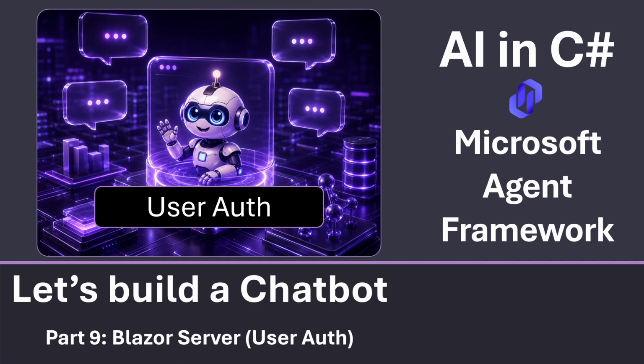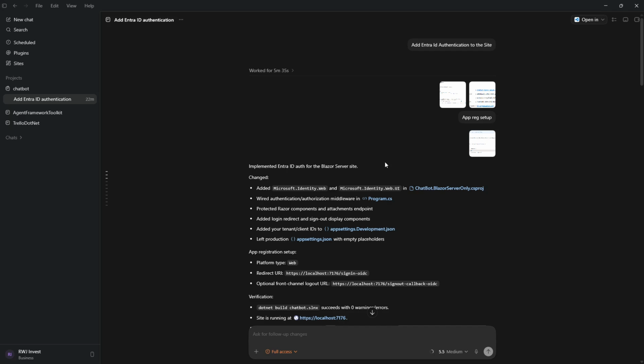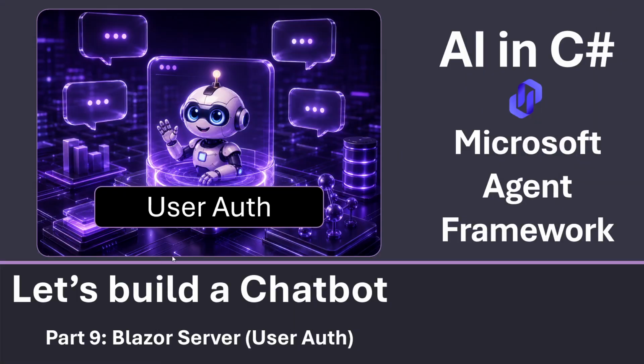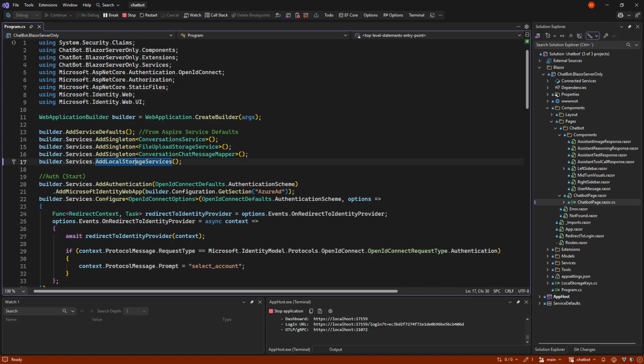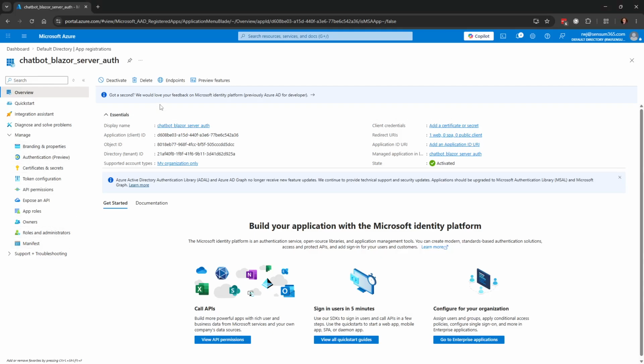But luckily I had Codex help me, so it did most of the work in this one. It is fairly common Blazor server user auth, so it's nothing special there. But of course, we needed to tweak a little about what we did so that the files we upload would be user specific, and that our conversations would be user specific. So let's jump into the code and let's just first see the site,